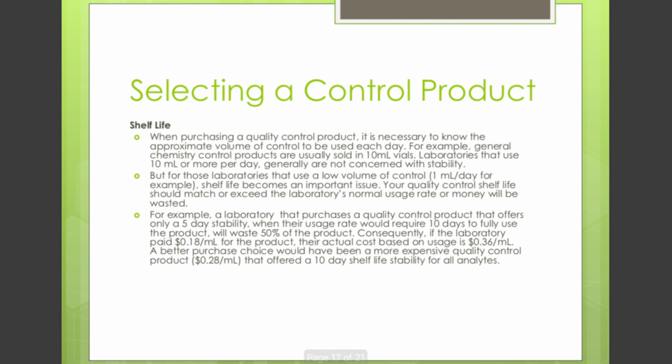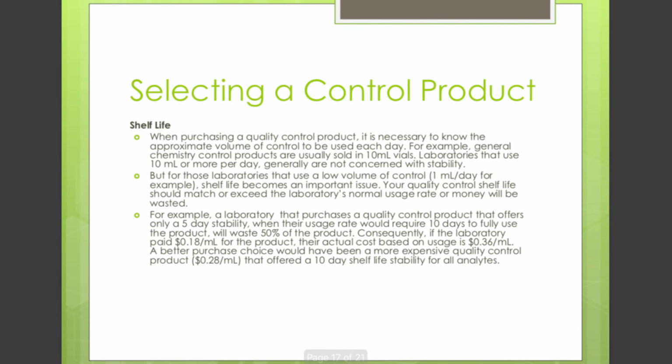Let's give an example of shelf life. When purchasing a quality control product, it is necessary to know the approximate volume of control to be used each day. For example, general chemistry control products are usually sold in 10 ml vials. Laboratories that use 10 ml or more per day generally are not concerned with stability. But for those laboratories that use a low volume of control, 1 ml per day, for example, shelf life